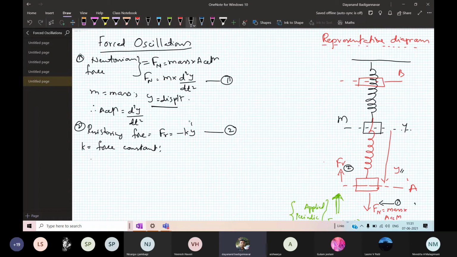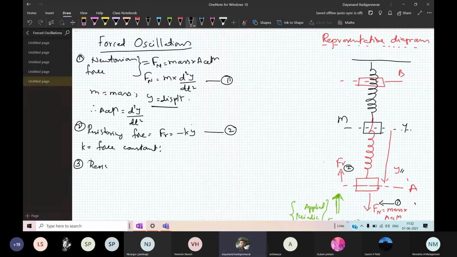Next one is the damping force. Keep in mind, damping force is also there. Why is there damping? Because as I told you, after some time it is going to die. How is it going to die? Because of some damping. There is an air medium, some friction, some physical opposition. We don't know that. Therefore, the third one is the damping force or resisting force.